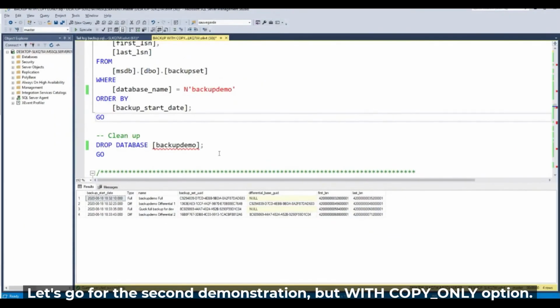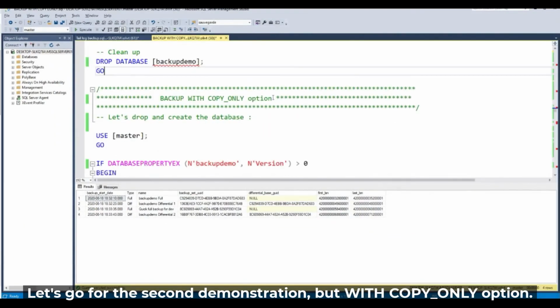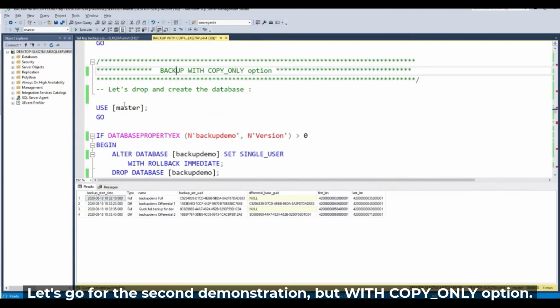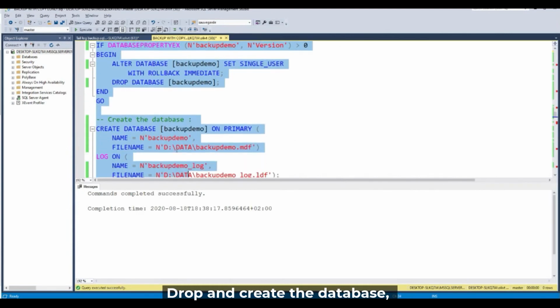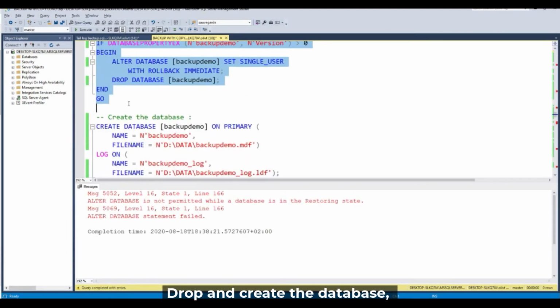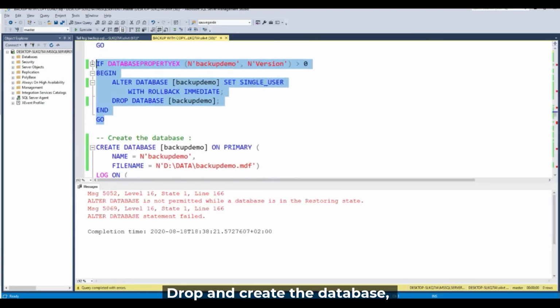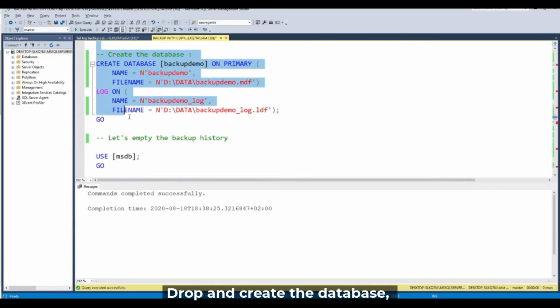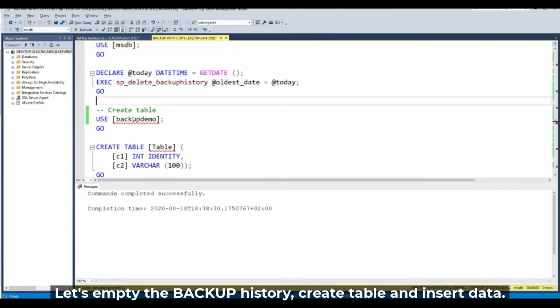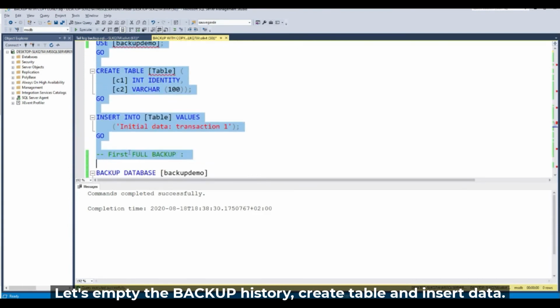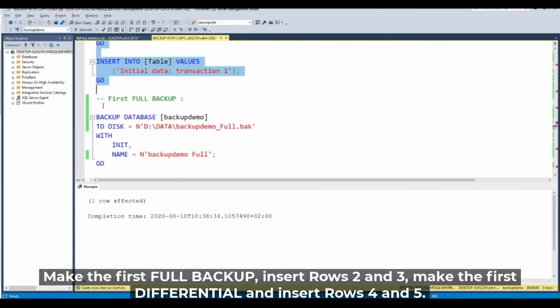Okay, so go for the second demonstration, but with the copy only option. Let's go. Use master, drop and create the database. Let's create the database, empty the backup history, create table and insert data. Okay, backup.